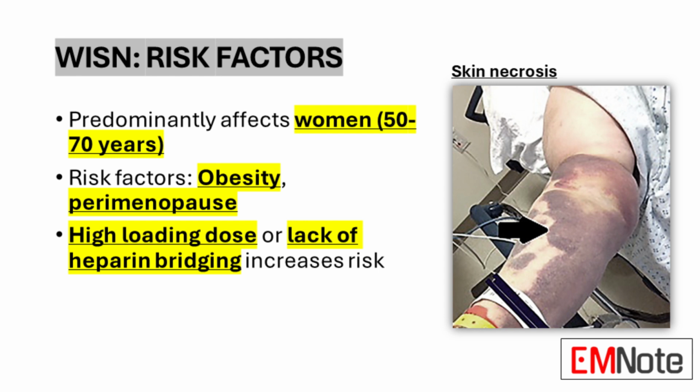It really is. Okay, so we've got those risk factors. What else is there? Genetics, maybe? Exactly. Your genes definitely play a part. Some people just have a genetic predisposition that makes them more prone to WISN. It's like how some people are more likely to get certain diseases because it's in their family history. Right. So those family trees, sometimes they tell a story, huh? Exactly. And then there's another thing: how you actually start taking warfarin in the first place. If someone starts on warfarin without bridging with heparin...